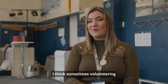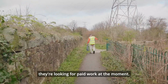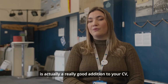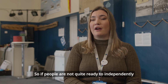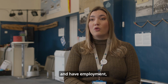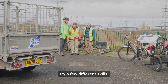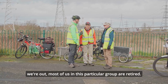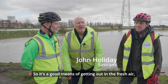I think sometimes volunteering is not on people's priority lists because they're looking for paid work at the moment. But the thing is, to gain experience is actually a really good addition to your CV. So if people are not quite ready to independently have paid work and have employment, then they can try volunteering, try a few different skills. On the social aspect, most of us in this particular group are retired, so it's a good means of getting out in the fresh air, exercise,